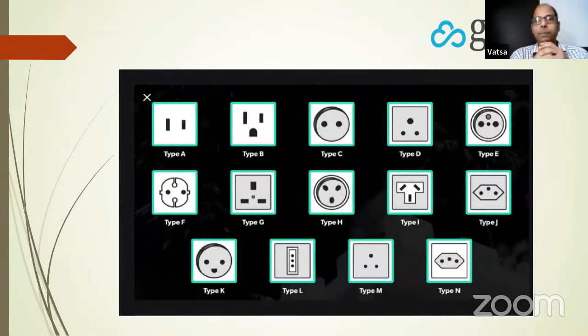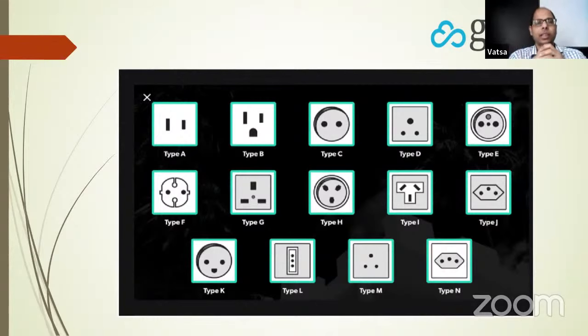So here is a simple picture which we use to illustrate the need for e-invoicing. So here are pictures of different types of connectors. As people are aware, there are so many different countries of the world. They all have different electrical and electronic standards, and they have different connectors where you need to plug in. You can think of the invoices prepared in various software, like there are so many billing softwares. People prepare invoices in Excel, people use Tally, people use SAP, so on and so forth. All these different software, right? You can think of these as different connectors. They don't just